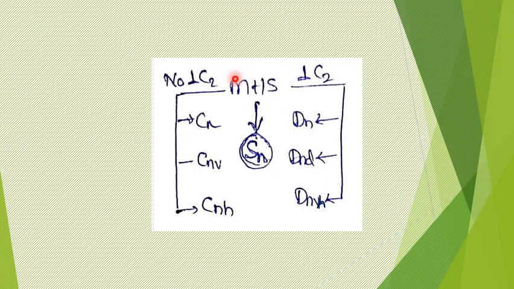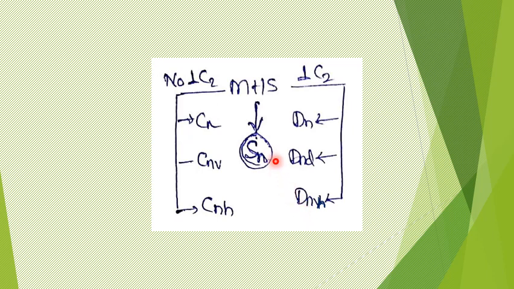In molecules with high symmetry, if we have a proper axis but no perpendicular C2s, in that case the molecule goes to either C1, Cn, Cnv, or Cnh. Or if it is a molecule with a proper axis which can be identified as the principal axis, and subsidiary axes which are perpendicular C2 axes exist, in that case the molecule enters the Dn, Dnd, or Dnh point group. This was covered in one video, and that was covered in another video. If you have not seen those, please do watch them and then continue with this.